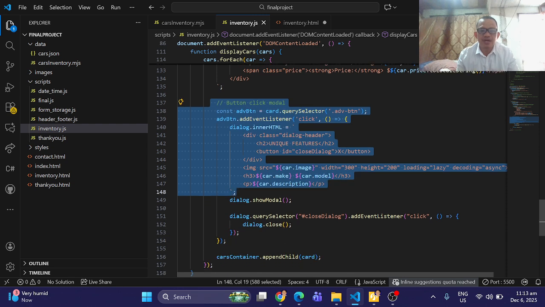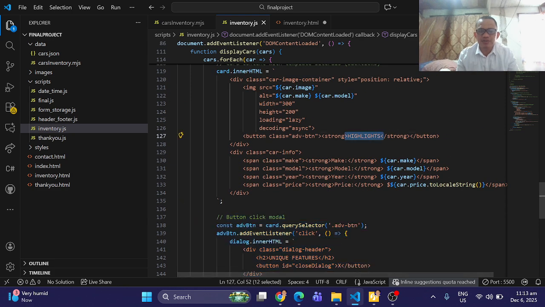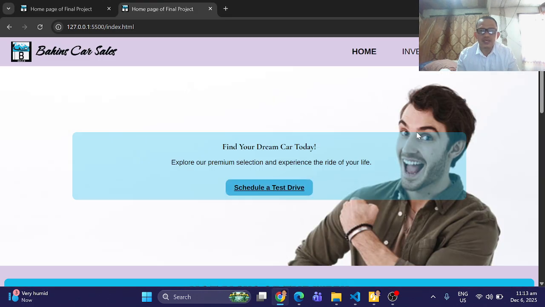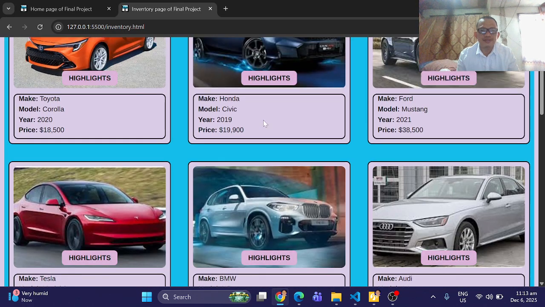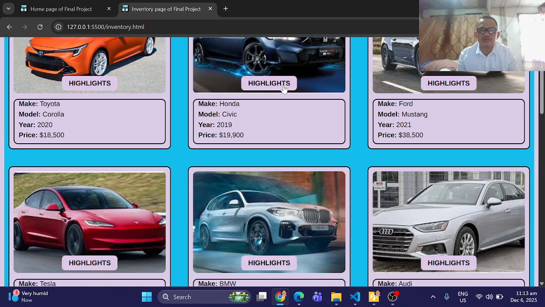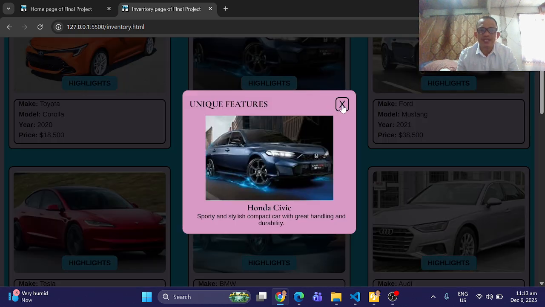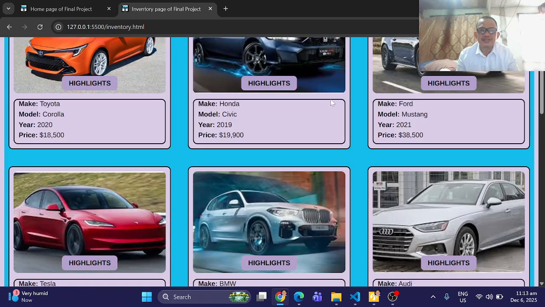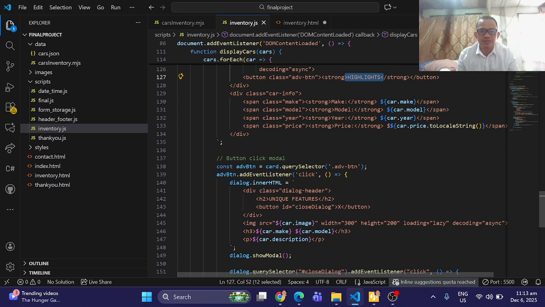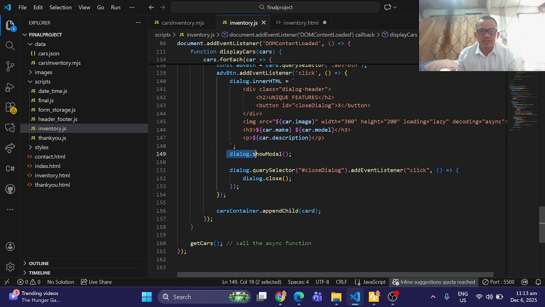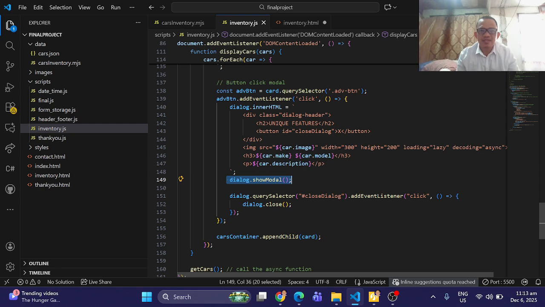If the user clicks this highlights button, for example, this one, then the modal will open. The close and show button is this one. This is the add event listener.